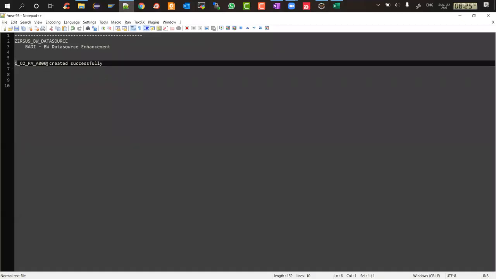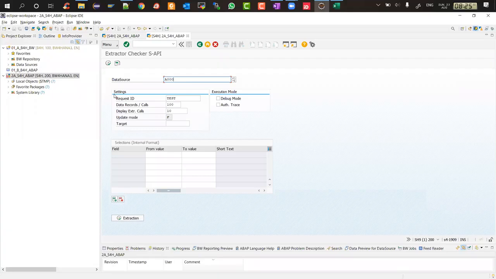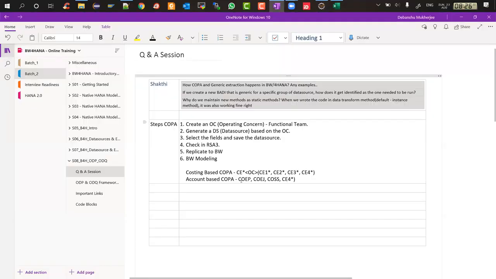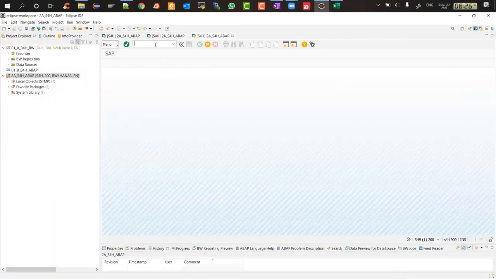So for the data source, you will just check. Let's see if we have, yeah. So data source is generated. See, it's asking you for those two mandatory selection fields. So we'll give controlling area. Let's see what controlling area is maintained in the base table. As I told you, this is an accounting based COPA. So you will have base tables as COEP, COEJ. P is for plan, COEJ is for actuals, COSS is for cost elements, and C4 is for your segment definition. So let's look at